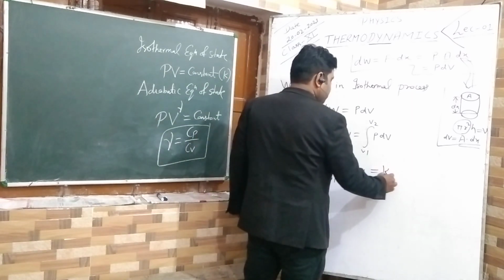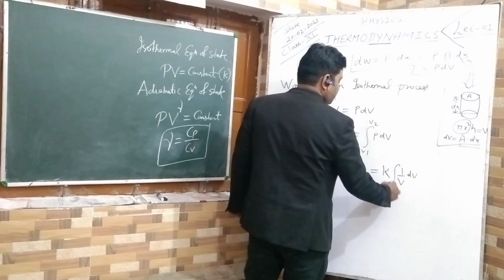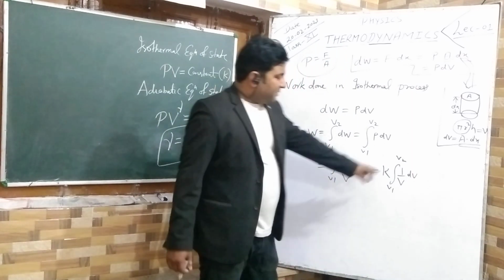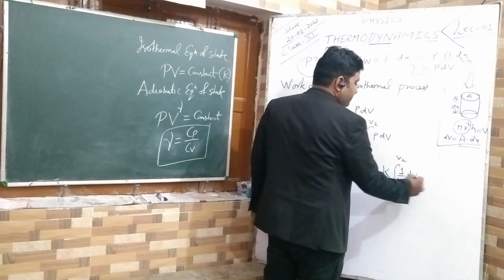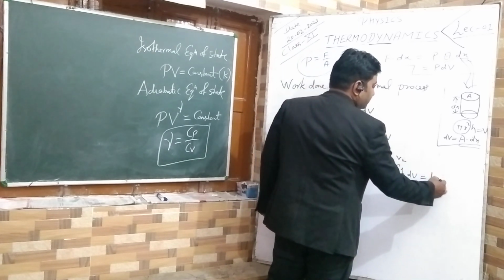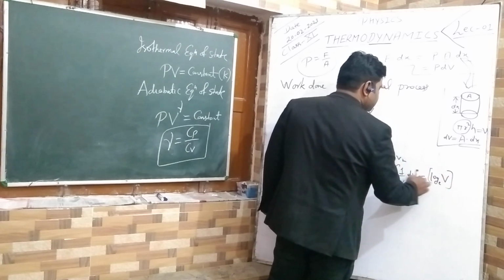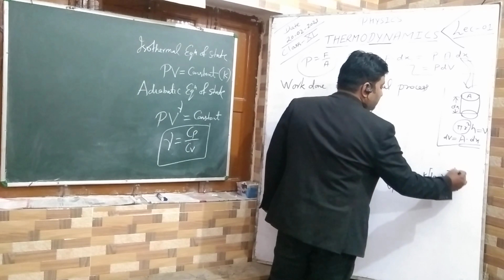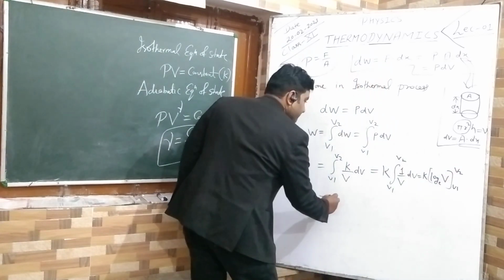K constant taken outside, integration 1 upon V. Always remember, integration of 1 upon V is log to the base e of V. From V1 to V2, then this gives what? K